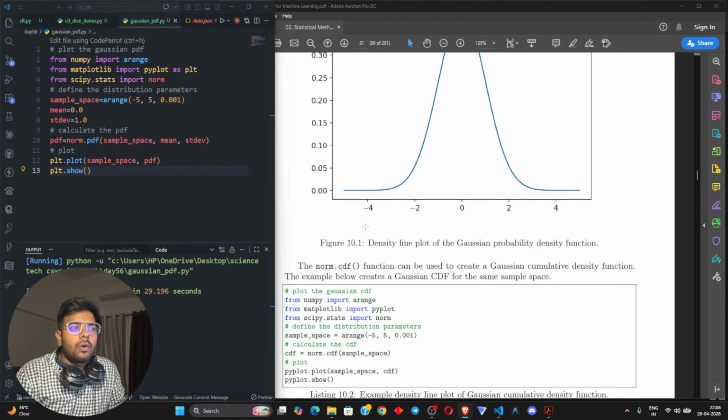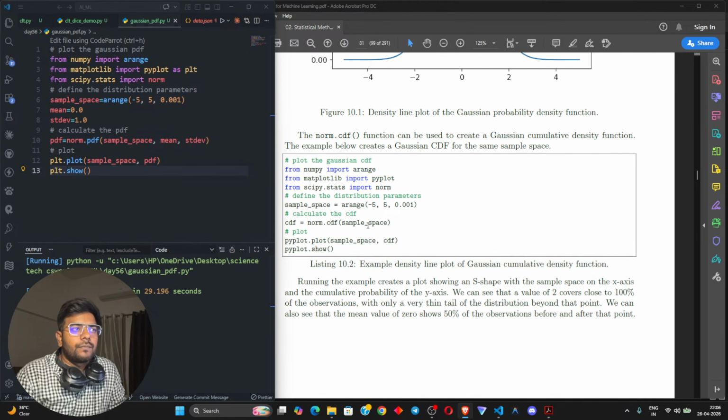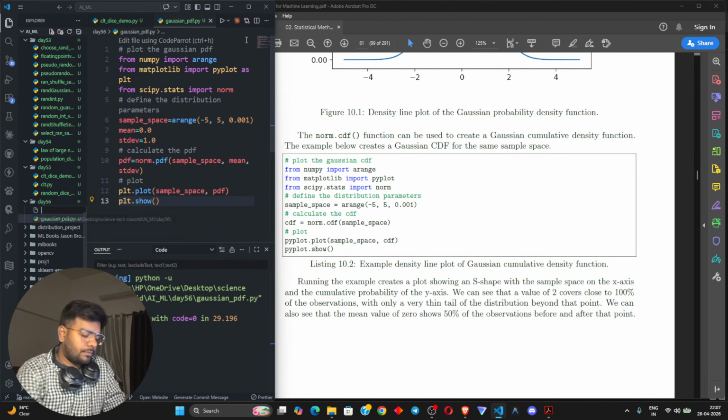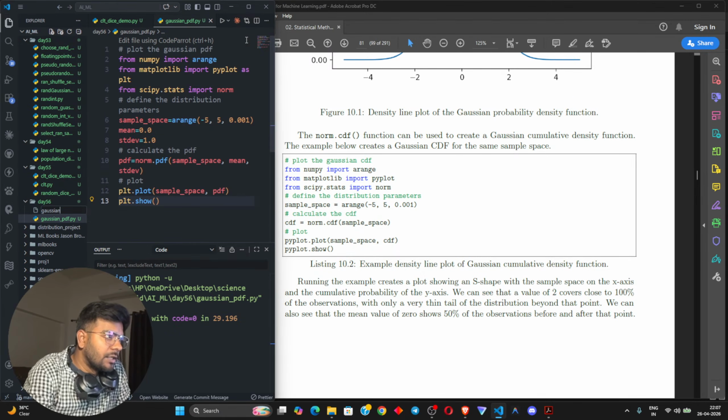Norm CDF, and this is the गॉसियन CDF और ये था गॉसियन PDF। बना देते हैं, रिवीजन ही हो जाएगा।